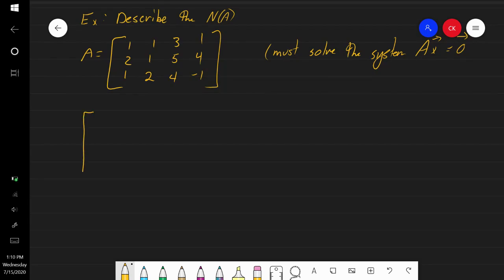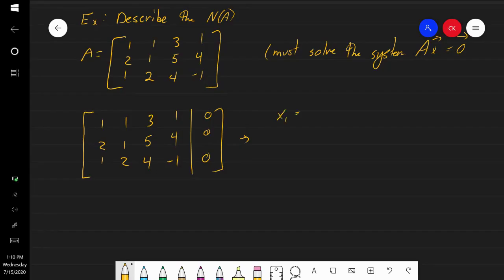we're going to look at 1, 2, 1, 1, 1, 2, 3, 5, 4, 1, 4, negative 1, and the zero vector on the other side of the augmented matrix. And then we just go ahead and solve. So this is a pretty straightforward process. We can go ahead and plug it into our Octave and rref this,